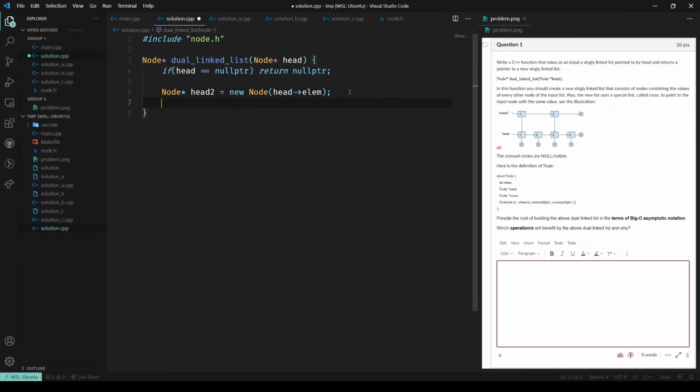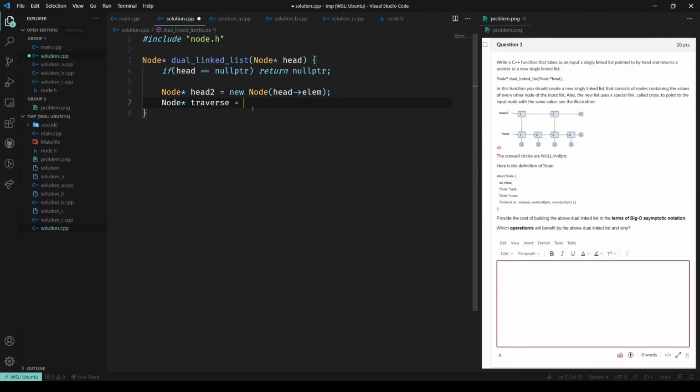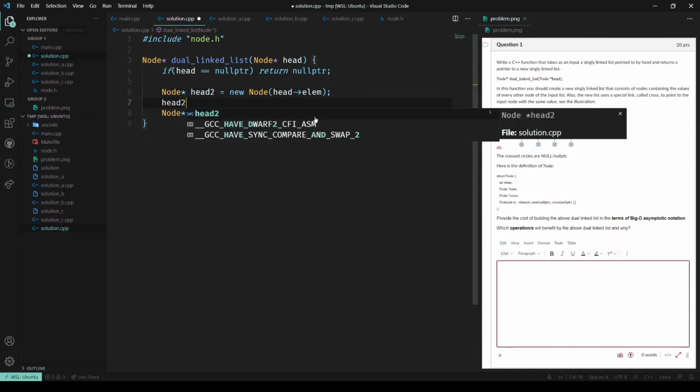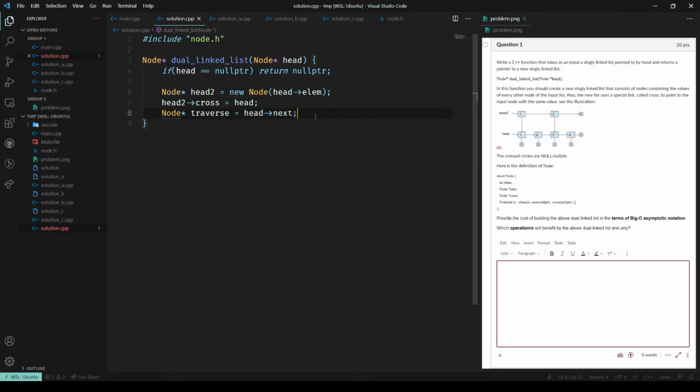So then we need something to traverse through the elements of the first list down here, the one with head in it. We could actually use head itself, but that might be a bit confusing. So instead, we'll create a special node pointer for it, and we'll call it traverse, because that's exactly what it is that we want to do. And we'll start off at head next, because we already inserted whatever the value for head was. Let's also, tell you what, while we're up here, let head to cross be head, so that we can get that all set up. And then what we can do is we can say